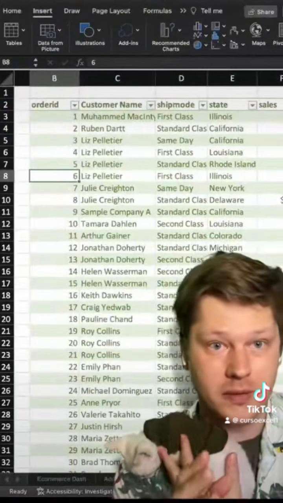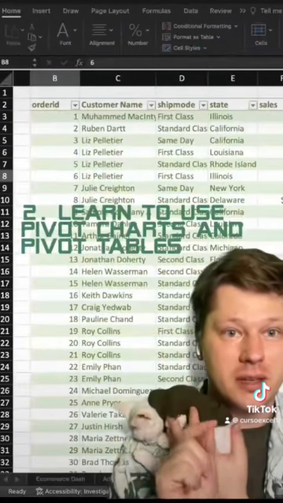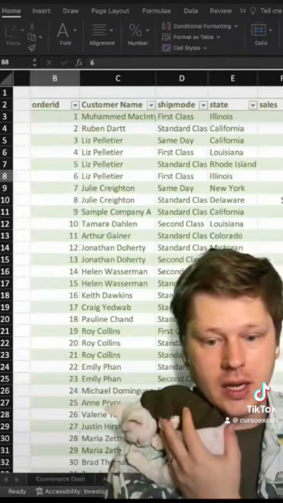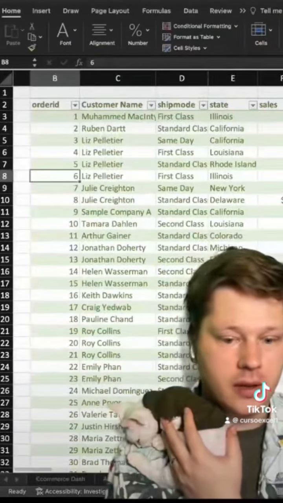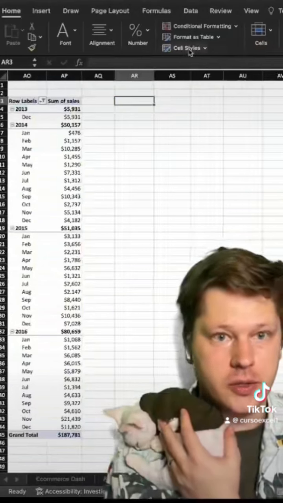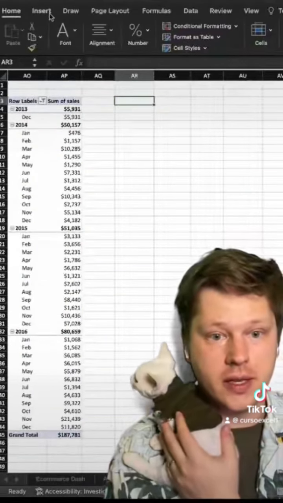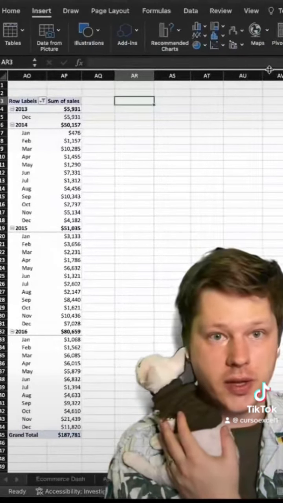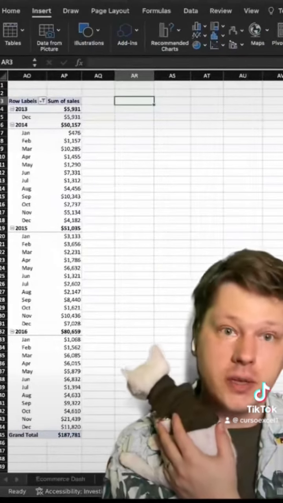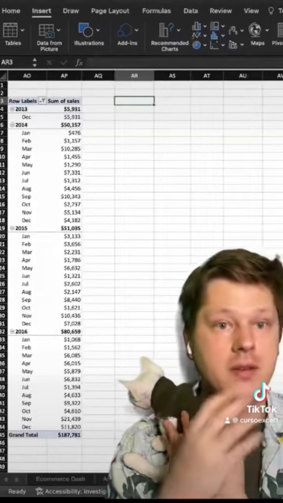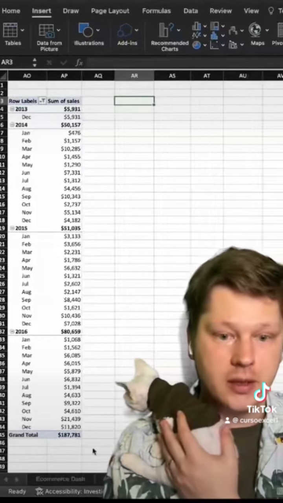We're going to be building with pivot tables. The next core skill is going to be adding pivot charts and pivot tables. If you aren't familiar with pivot tables, there are thousands of free tutorials on YouTube. We're also going to be using pivot charts. If you haven't done that, they're under the Insert tab. Pivot chart is one of the options. What pivot charts are going to do is they're going to generate a pivot table, and that pivot table is going to be tied to a visualization. Every single